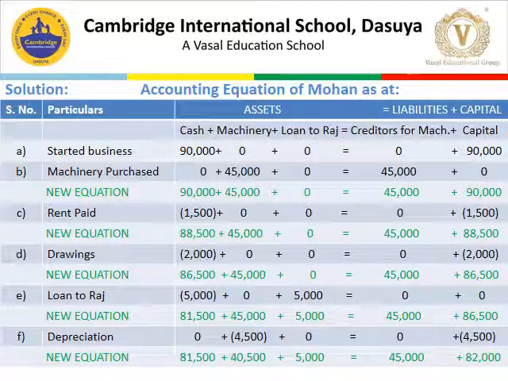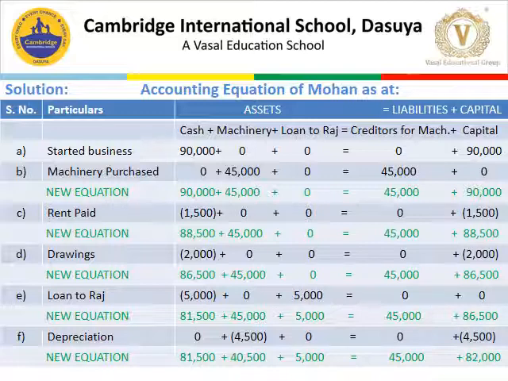Since it is a credit purchase of machinery, it will lead to an increase in liabilities in the form of creditors for machinery, rupees 45,000. There is no effect over capital. So the final effect of machinery purchased on credit is an increase in machinery 45,000 and an increase in creditors for machinery 45,000. The new equation would be cash 90,000, machinery 45,000, and on the liability side creditors 45,000 and capital 90,000, both sides equal with rupees 1,35,000.